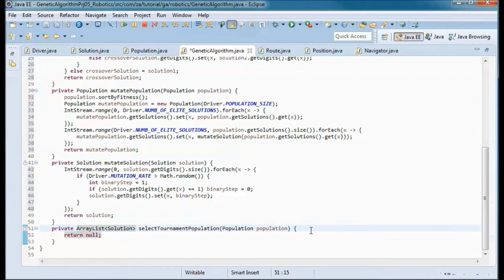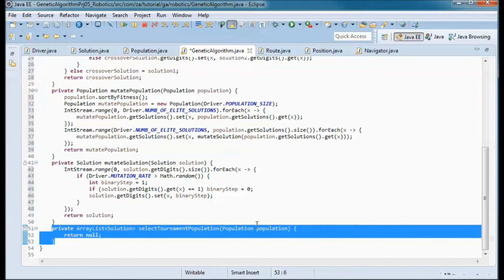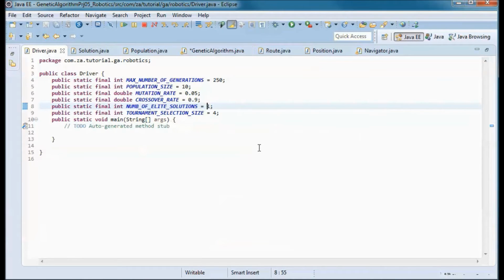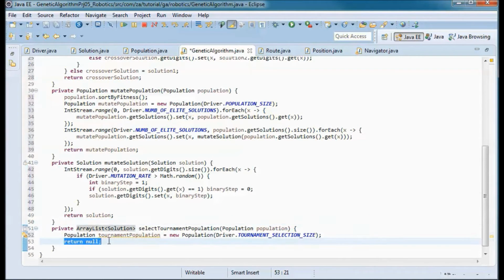And what remains here is this method. So we will have this tournament population that we would instantiate based on the tournament selection size, which here we have it to be 4 in this case. So we will be returning a sorted tournament population, sorted by fitness.